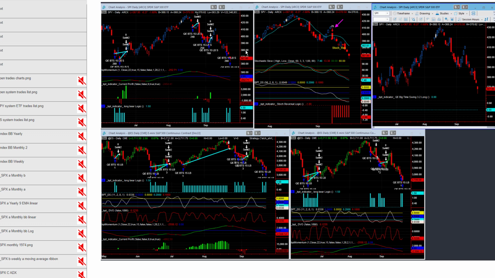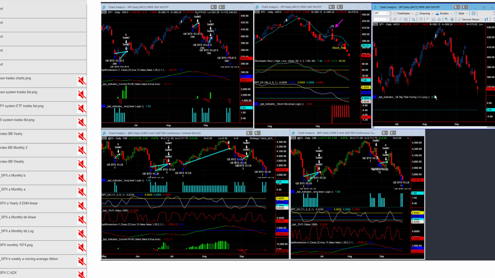But the one thing I want to point out, guys, is the reversion-to-mean systems have started to go long on this sell-off. So here are the active systems now. At the top, we have the SPY system. We have the bear long in a second entry as of Friday. We do have the stochastic reversal short, which took a short 2 weeks ago, and that's actually helped to offset that long on the bear long a little bit.